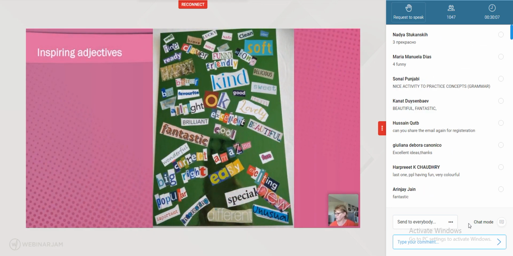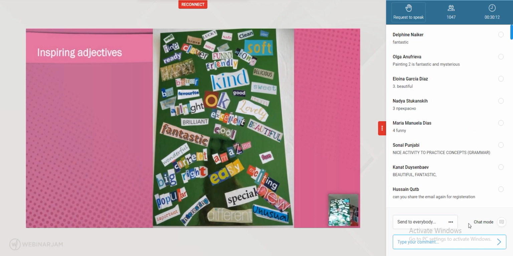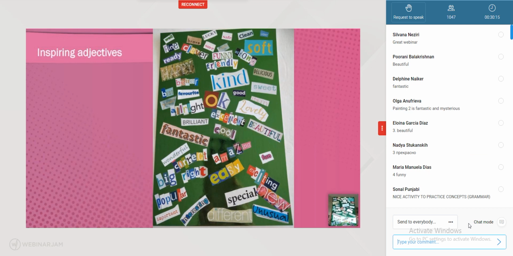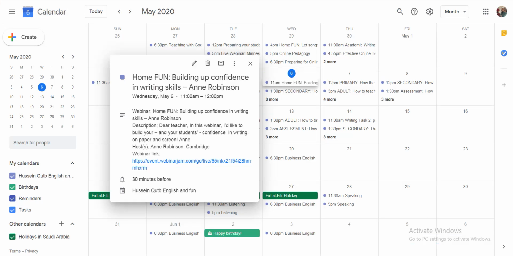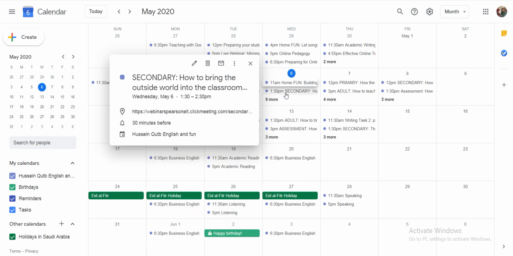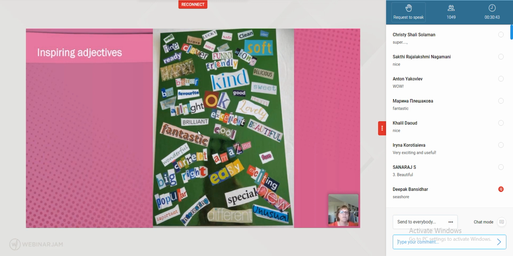And again, just to show you some inspiring adjectives, and again, I can show you the real thing, as it were, to get this into camera. So this I made using the adjectives, again, from the Starters, Movers and Flyers word list. And I chose, I don't know whether you can see, the photo on the side isn't very good, but I chose some nice shiny metallic green paper, and then I organized my adjectives in terms of, at the